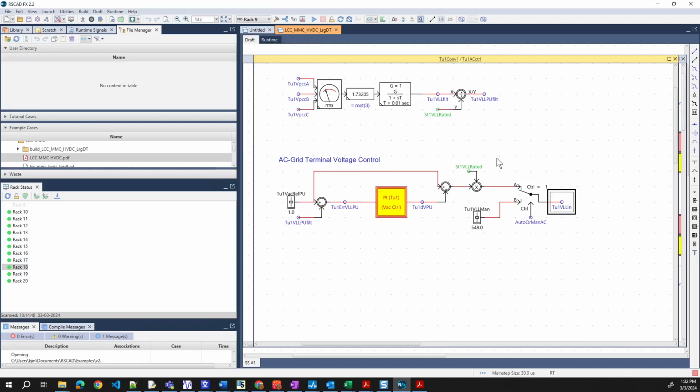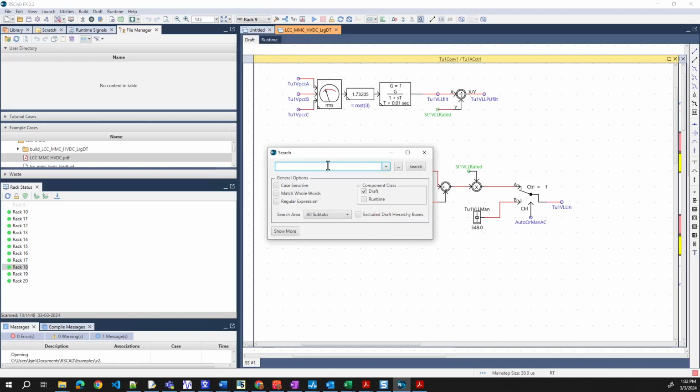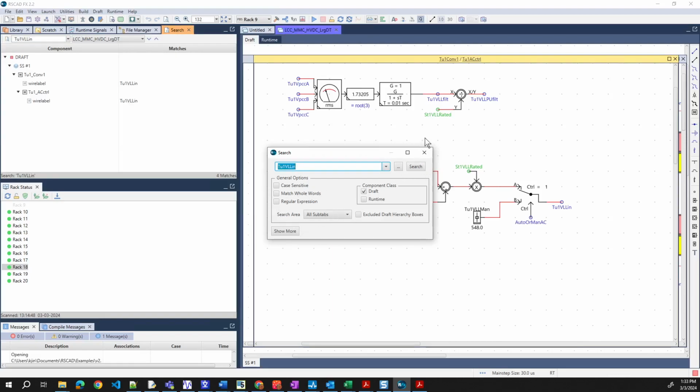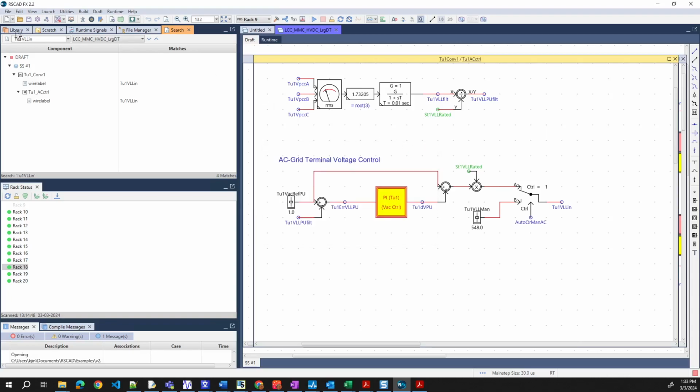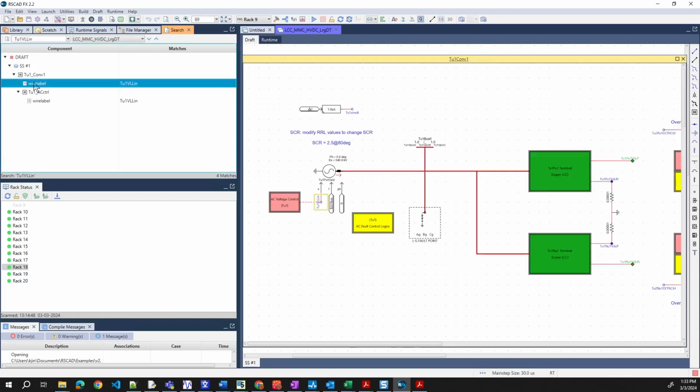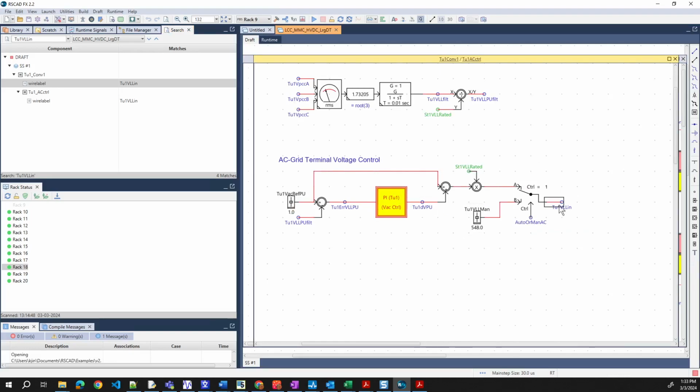Okay, that's the magnitude. Okay, that's the magnitude. This controller controls the magnitude of this by doing this PI controller.